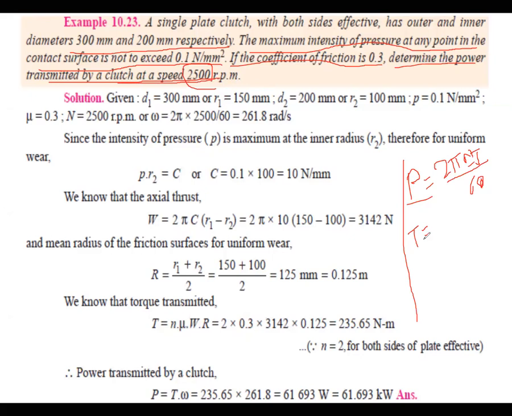But we know the torque formula. The formula belongs to what? Single plate clutch, not pivot and collar bearing. If at all the problem is pivot and collar bearing, in the problem itself they will mention that it is a pivot and collar bearing. Flat pivot or conical pivot, what is the type of pivot? Clearly they will mention in the problem. So that is the one way you people can easily remember. It is a simple way to remember.